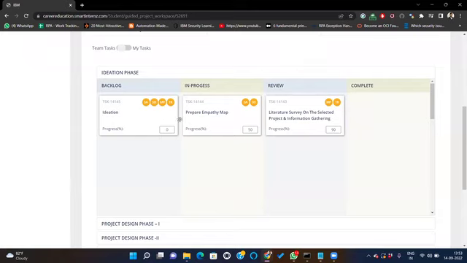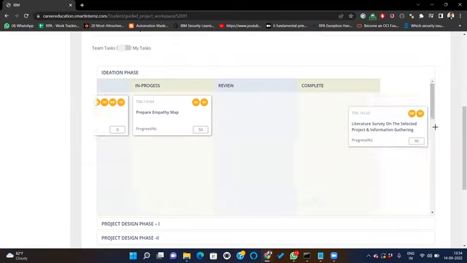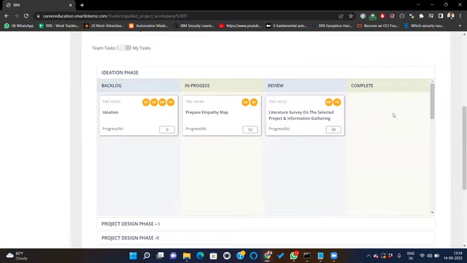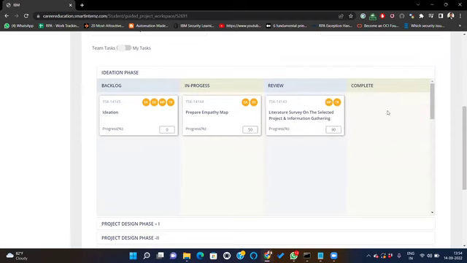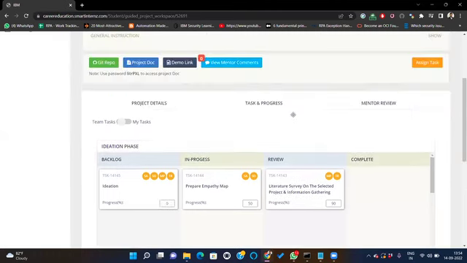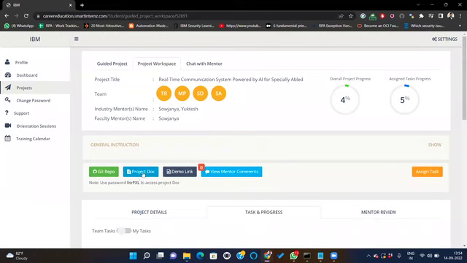Something like this, we will be able to identify the status of the student, and the marks are linked. If an evaluator has to evaluate a particular task, this task card should be in the complete section. Now being a student, I will not be able to move this card to the complete section, because this card will be moved to the complete section by the industry mentor. The industry mentor will first review the submission. Now I have kept the literature survey in my review section, right? So the student has to add their literature survey in the Git repo or in the project doc. Best is to add it in the Git repo.